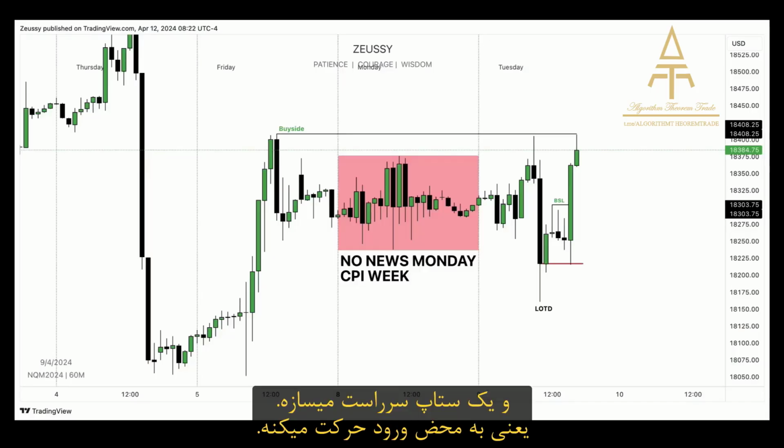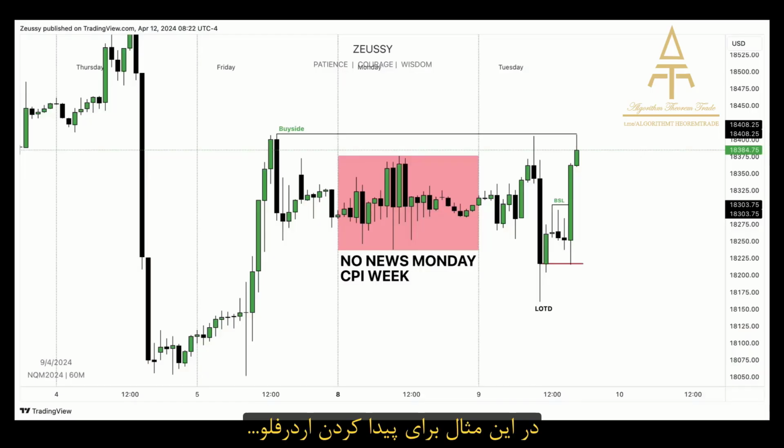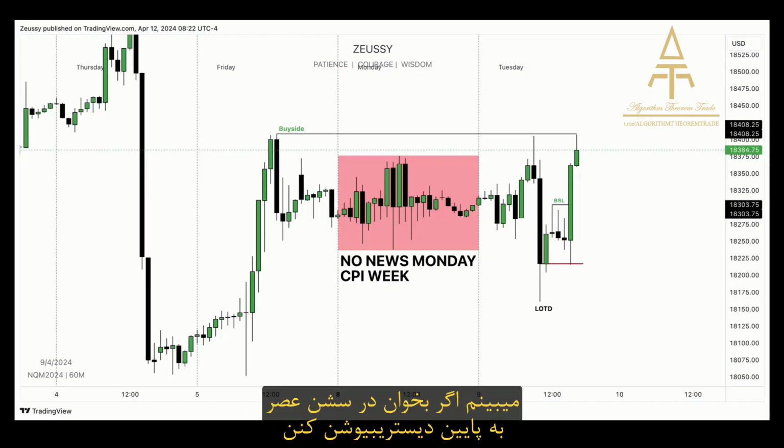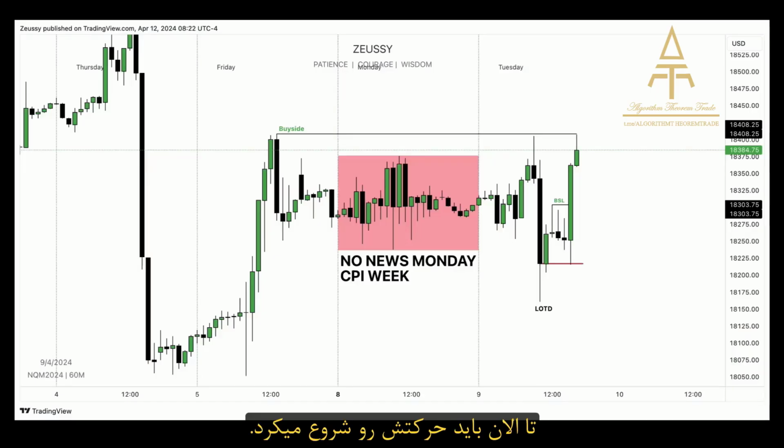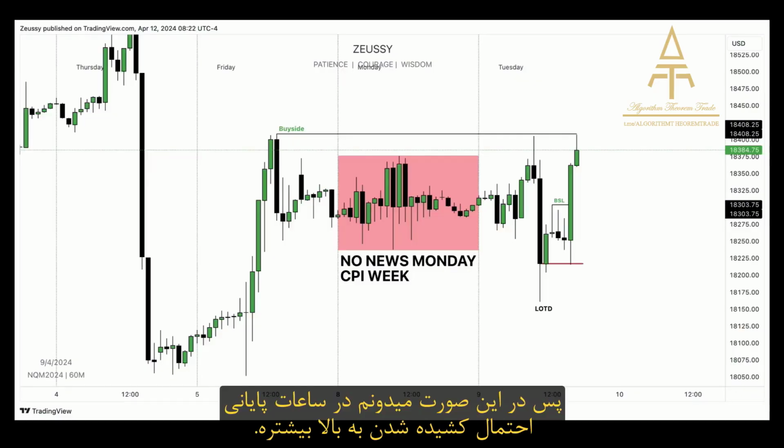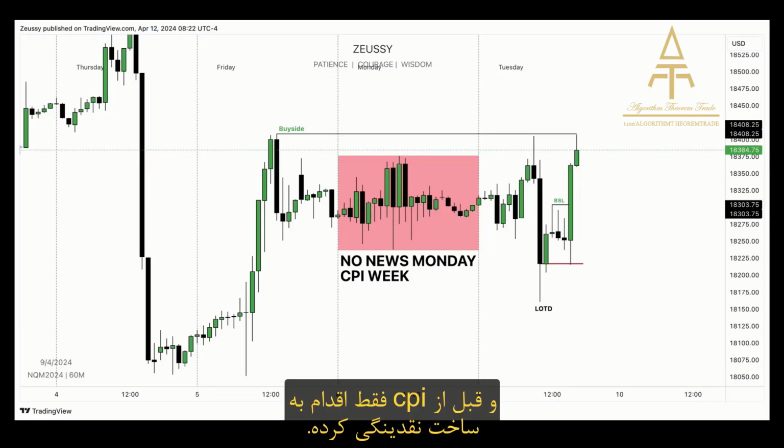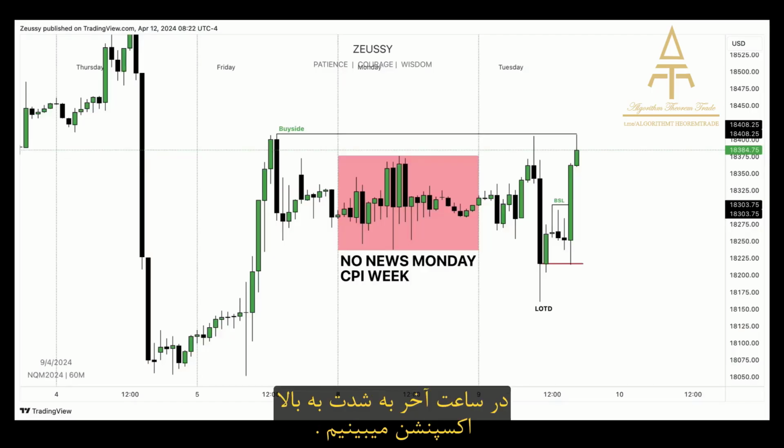The best trades, the best setups, they are quick, meaning you enter and the market begins to run. In this case, to determine the order flow, because I don't trade based on the ROE time frame, I look at this and I think, well, if they wanted to distribute it lower during the afternoon session, it would have already begun running lower. So when that is not the case, I know that during the final hour of the day, the market is likely to draw towards buy side liquidity in advance of CPI to engineer more liquidity on both sides of the marketplace. That's exactly what we see.